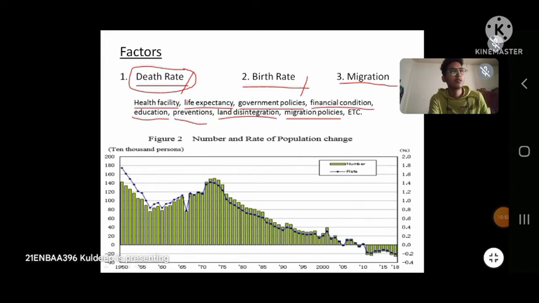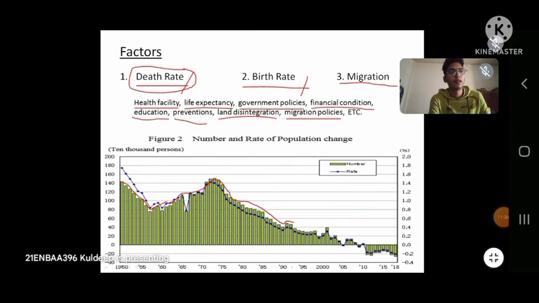Now let's look again at this data. This data is of Japan. Japan's population is decreasing right now. It is in the decreasing phase. For example, let's look at this, so here 10,000 persons. You can see the population here was first decreasing, and then it increased, and then from around 1972, it continued to decrease with a few exceptions,